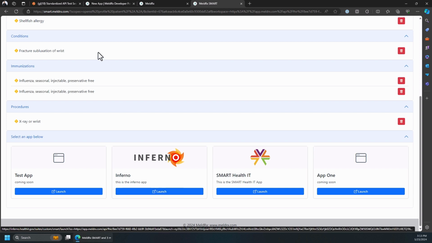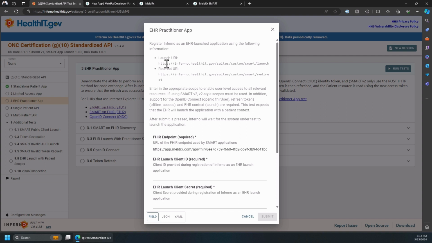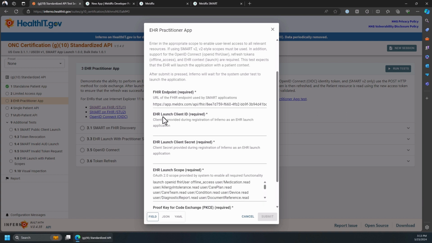And the way you find that URL is if I go back to my Inferno and I click on the run tests in here, it will tell me that this is the URL that I need to configure in my EHR to basically launch the app. The redirect URL is the same, so we will be using the same app to launch this, so we don't need to add that redirect URL. The other things that it is asking here is the client ID and the client secret. As I said, we are going to use the same client ID and secret,